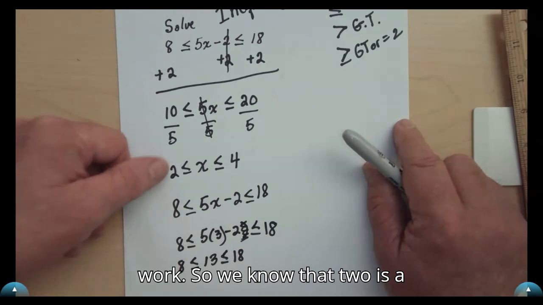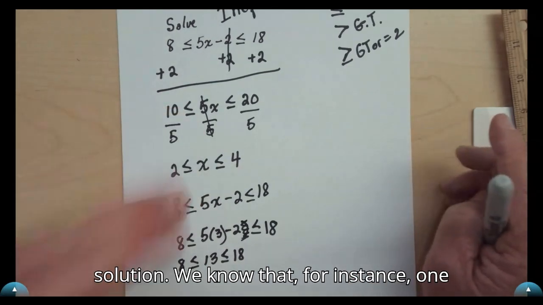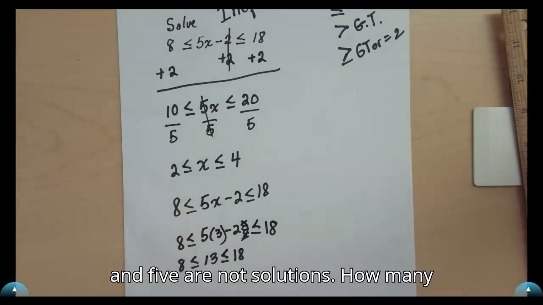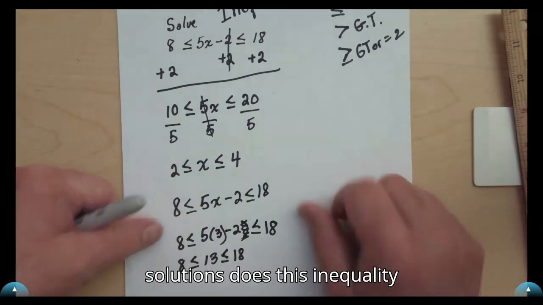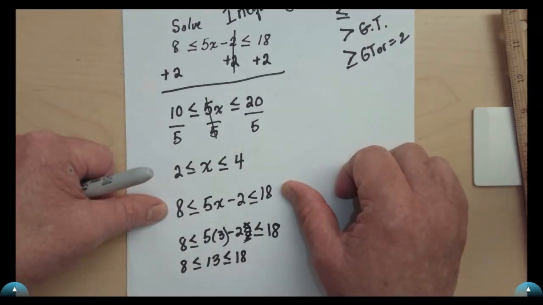So we know that 2 is a solution. We know that 3 is a solution. We know that 4 is a solution. We know that, for instance, 1 and 5 are not solutions. How many solutions does this inequality have? 3. How about